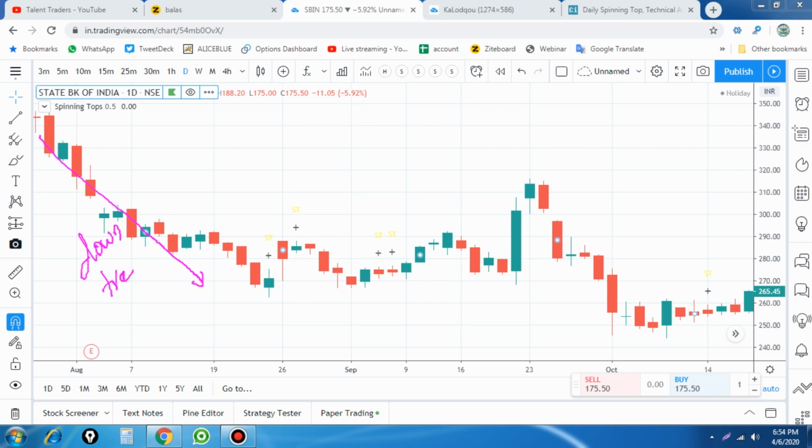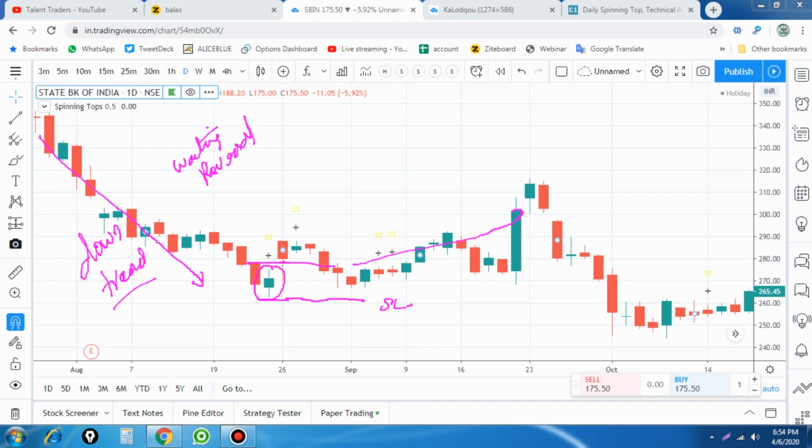So the first criterion is the downtrend, and we are waiting for a reversal. We find that a spinning top candle forms, and we have to buy above this level with the low as a stop loss. The next day itself we got a trade opportunity and it sustains, your stop loss is not yet triggered, and the market reaches your target point. So this is about a daily chart.